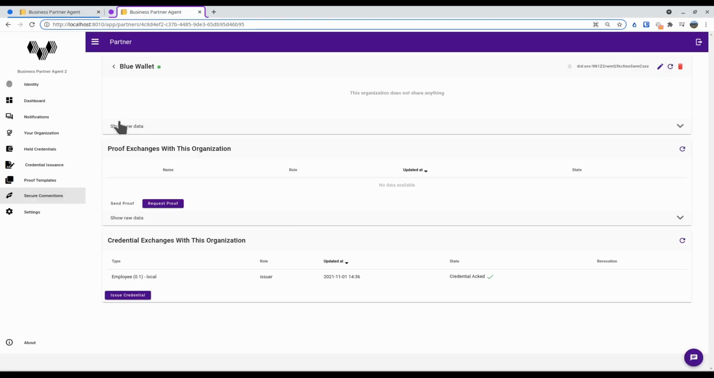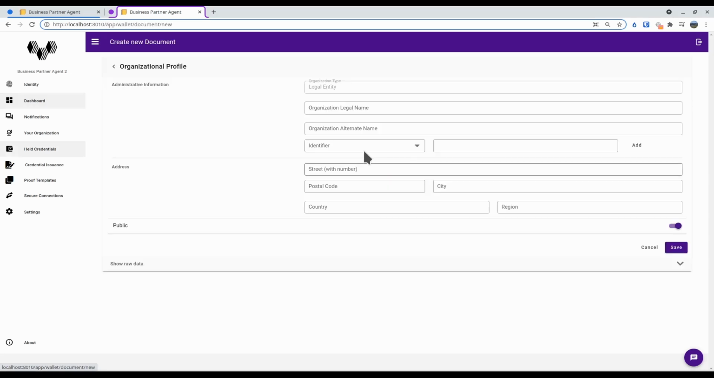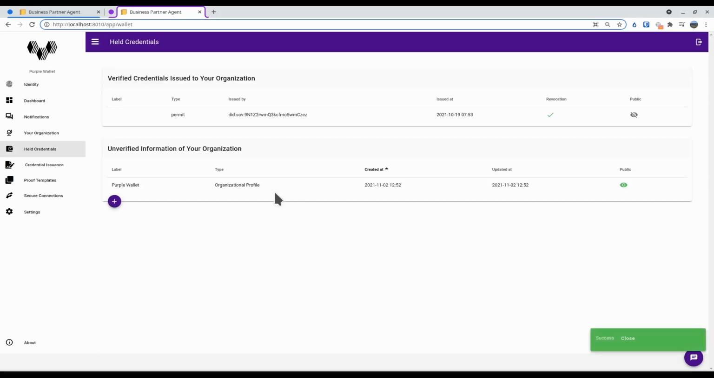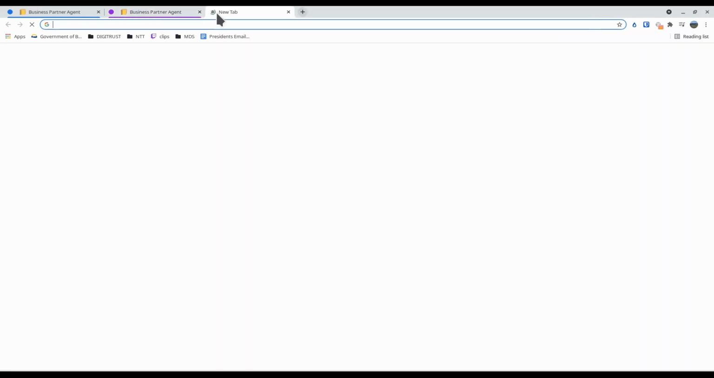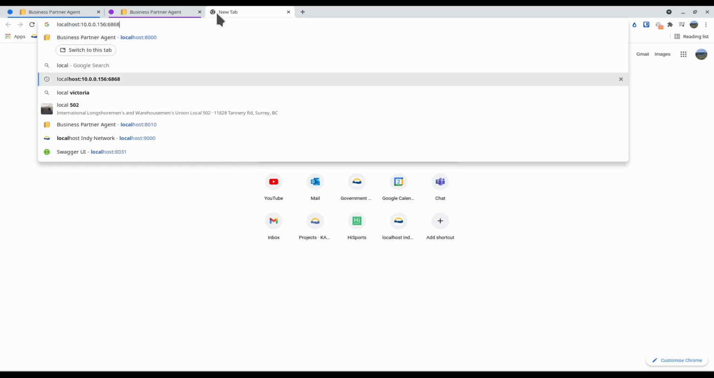On a different business partner agent, we're going to do the same thing. We're going to set up the profile, and we're simply going to label this as the purple wallet. So now that this organizational profile document exists, the business partner agent has been configured to do a few things. One, first, if we inspect the ledger, if we inspect the Indy ledger,